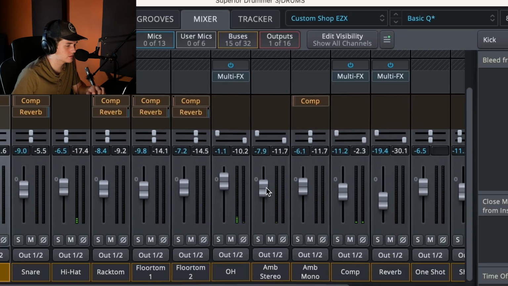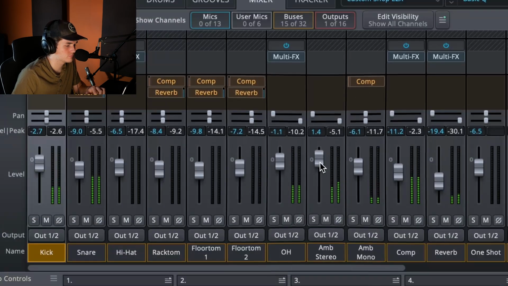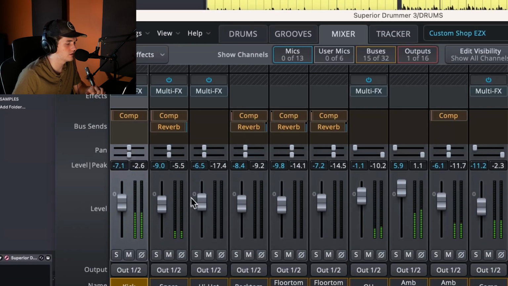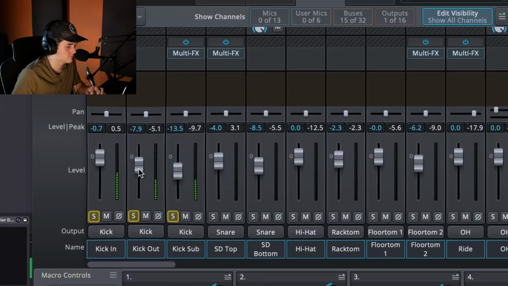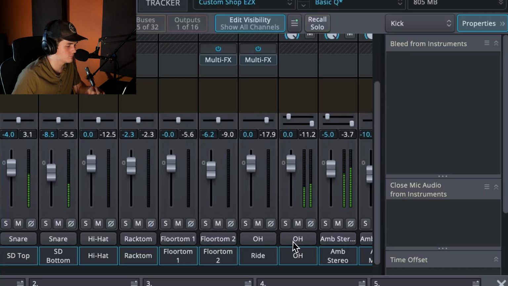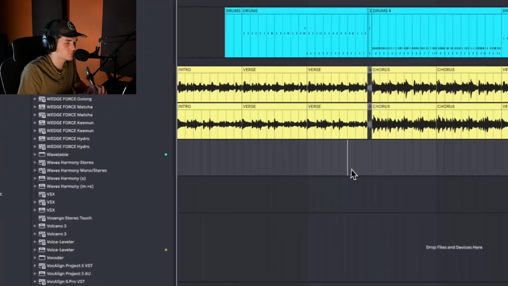Now, one thing I want to do before we get into other instrumentation is get this drum sitting a little better. I want to bring the ambience up. It needs to be a little more wide. There we go. That kick is kind of crazy. Let's open up all the channels and listen to that kick. It's because a lot of it's in the overheads and the ambience. Let's actually turn the kick down in the ambience. Yeah, it's better. Okay, cool.